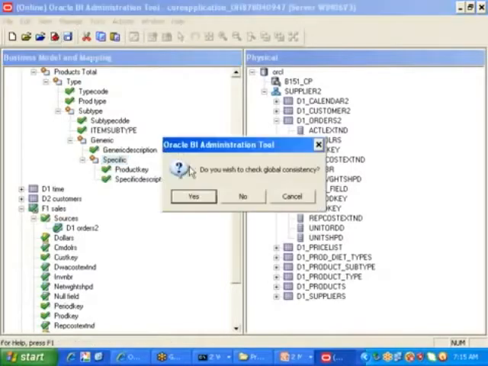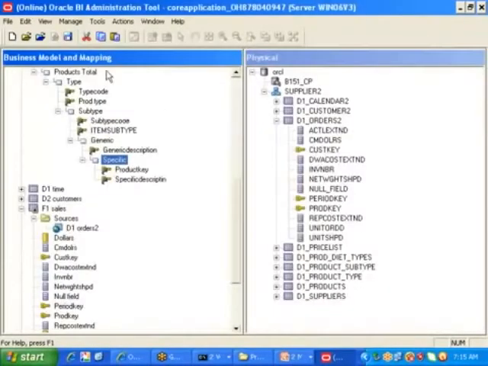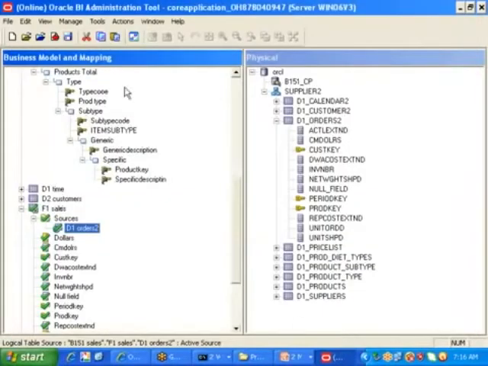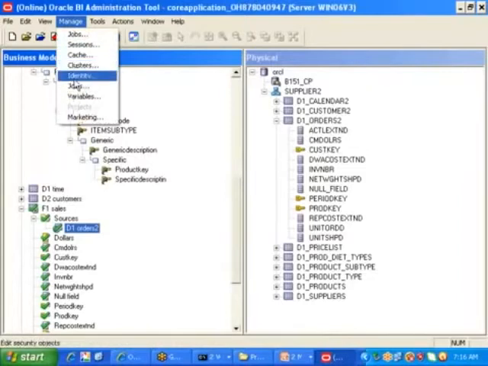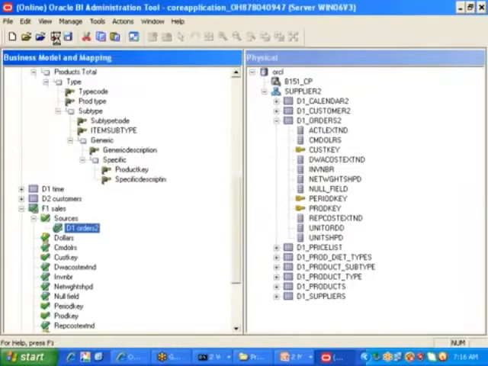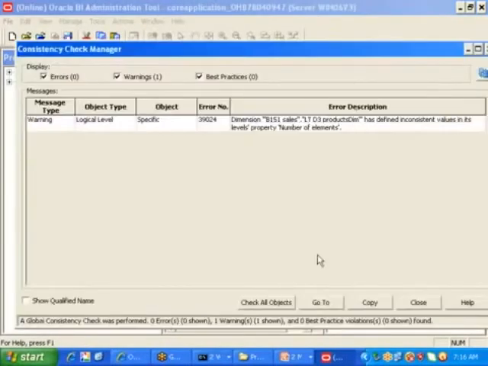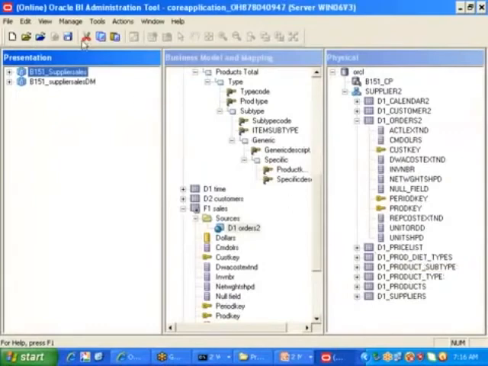Then what, sir? Check in, yes, close, then save it, and we need to do one more thing also. That is what, sir? We need to assign the product level. By default, it is already set. No issues. Okay, system has some intelligence. It will capture sometimes whatever level it is corresponding to. Am I clear? Right. Click on OK. Now go to the manage. There I have one option. View, then the presentation layer I am seeing, check-in changes, click S, click close. Okay, click save.